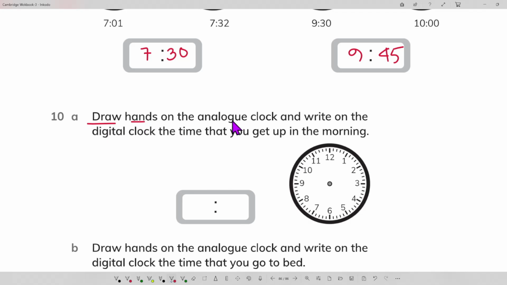Draw hands on an analog clock and write on the digital clock the time you get up in the morning, like 6:30. It means 6, or we can write 6:15. So 6 and 15. Okay,